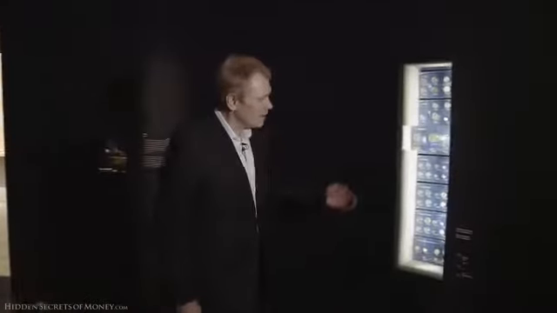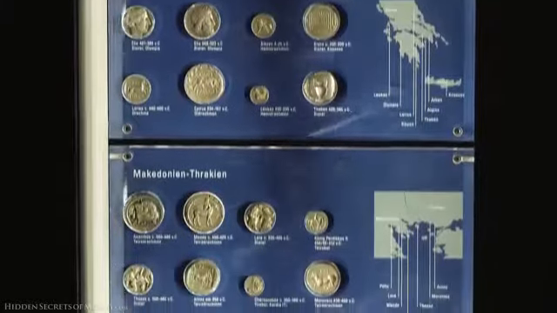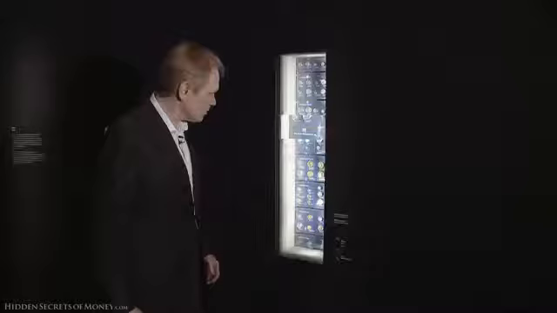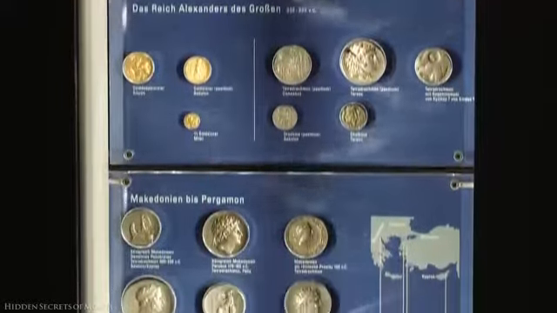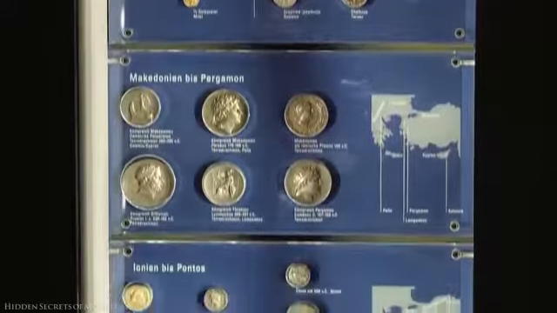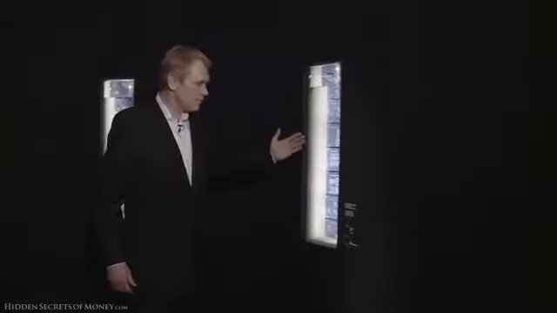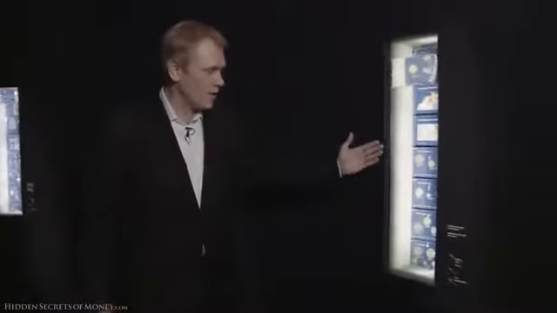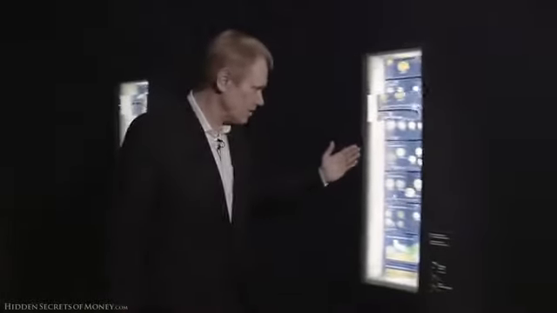And I love these displays. They start with coins in Lydia, so these coins go back to the very first minting of true coinage. So here we have the starting of the 6th century BC, and then it goes up to the 3rd century, and then from the 5th to the 11th century, and the 13th to the 15th century. And these displays just go on with the history of real money, gold and silver.